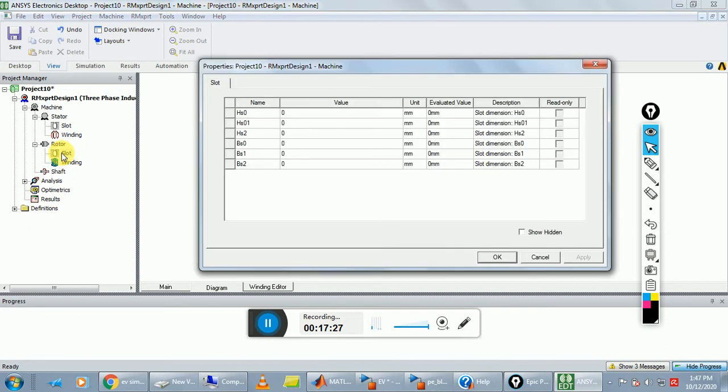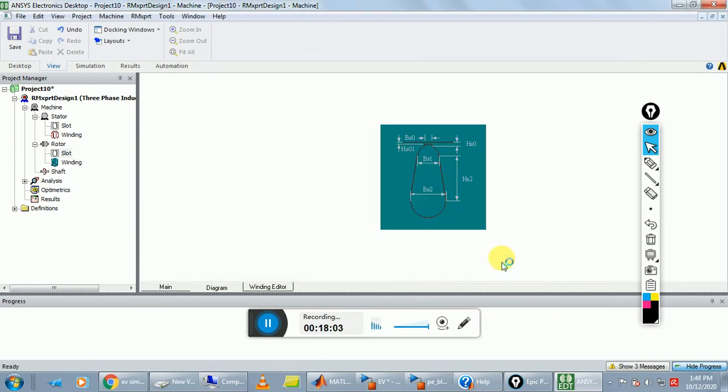I think rotor slot value is not filled here, so first fill the rotor slot value. Start with hs0. hs0 is 2, and hs01 is 2, and hs2 is 8 mm, and bs0 is 3, and bs1 is 4, and bs2 is 5. And click on OK.